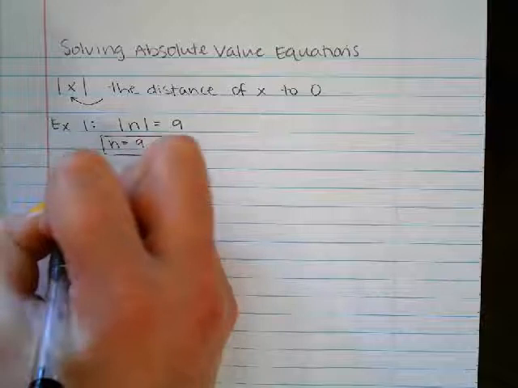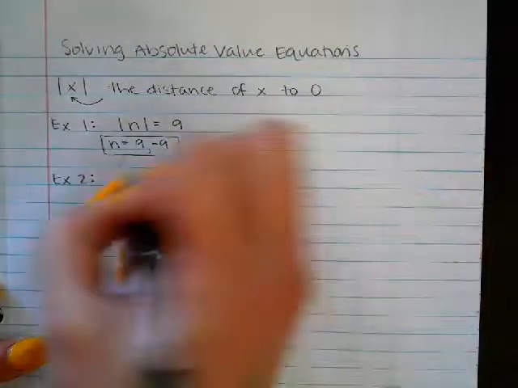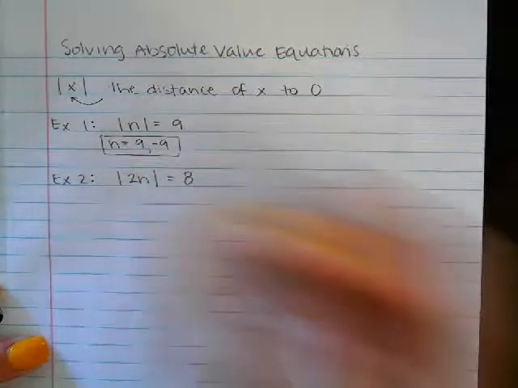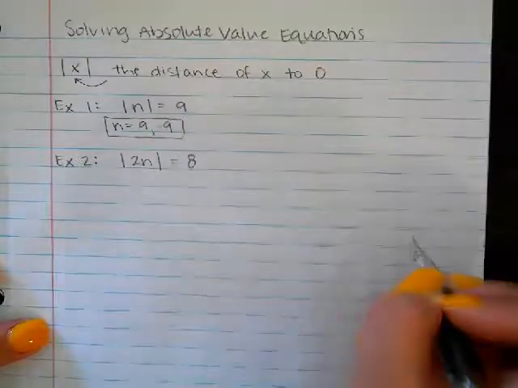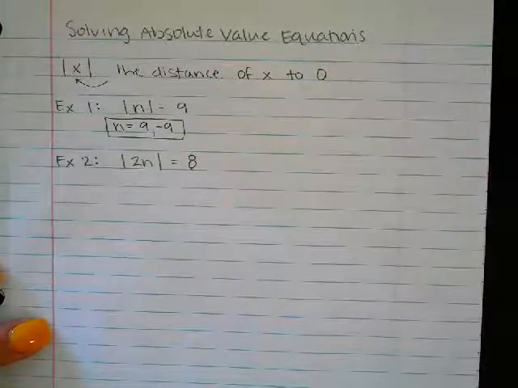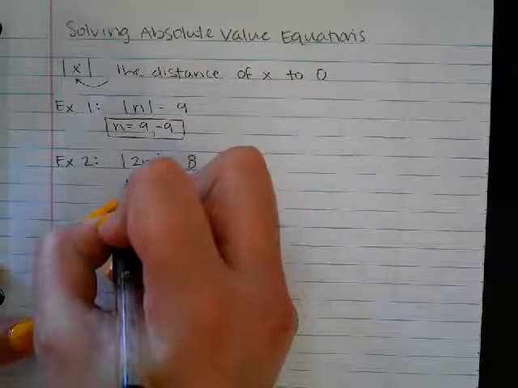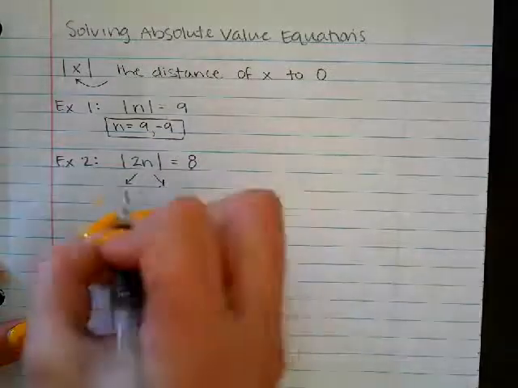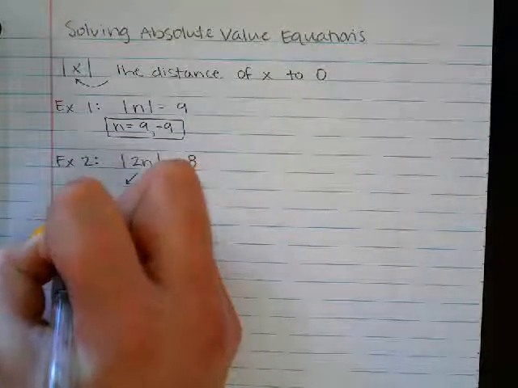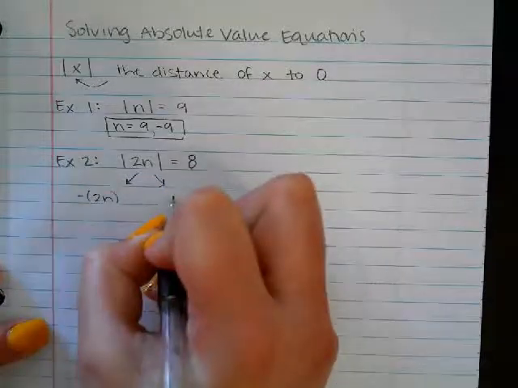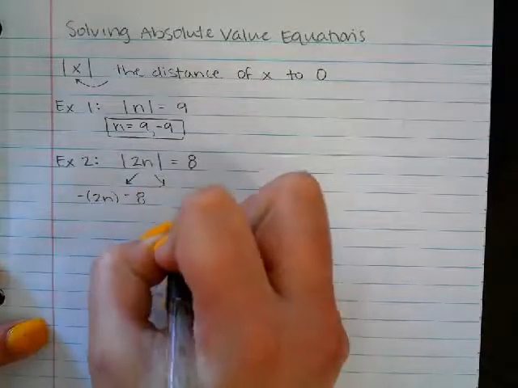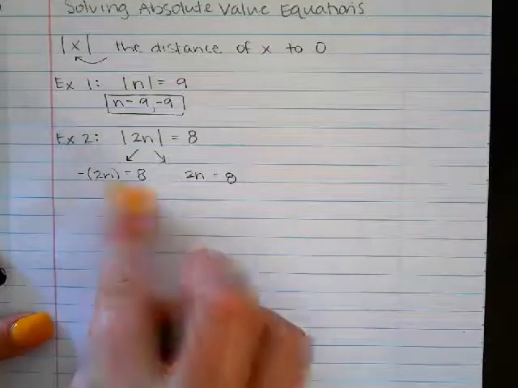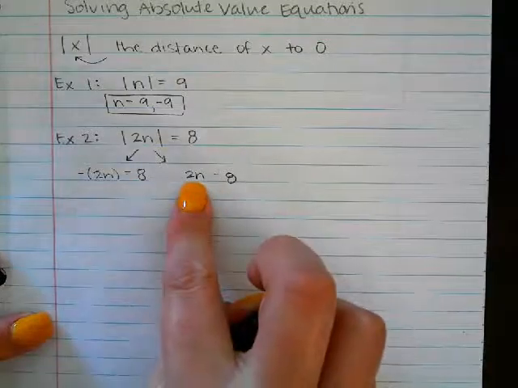All right, example 2. We're going to make this a little bit more complicated. We're going to say absolute value of 2n equals 8. And so we're going to think of this. Now we're going to go ahead and kind of work through solving it. We're going to say basically whatever's inside the absolute value symbol could be positive or it could be negative. So this could have been the negative version of 2n, or it could have been the positive version of 2n. So the negative version of 2n has a distance of 8, or the positive version of 2n has a distance